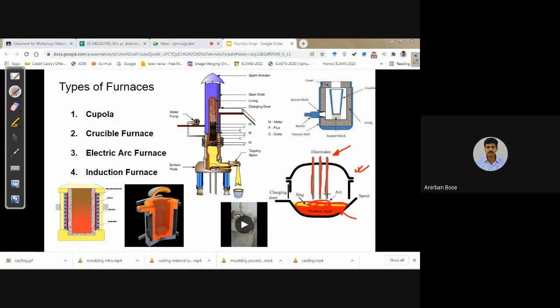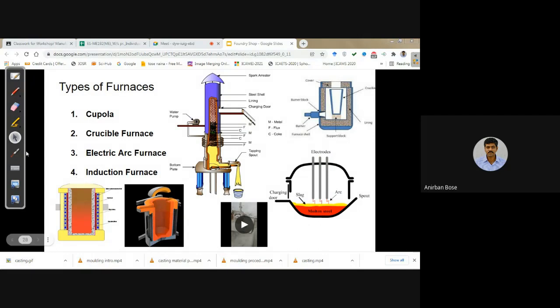If you create high voltage between the electrode and the charge, what happens? An arc is created, and that arc generates a high temperature, and finally the metal is melted. In this way we get the molten metal. So this is how the electric arc furnace works.